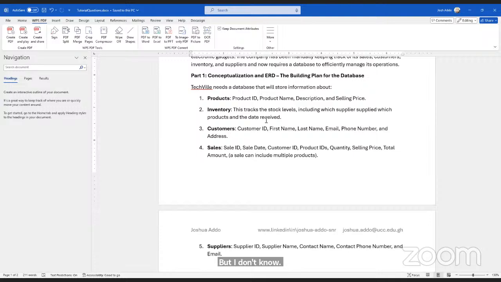You will also want to record the quantity of that product represented by the product ID, which is coming into the inventory. So that can be captured as quantity.